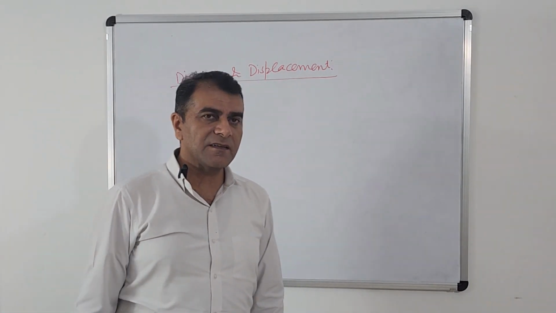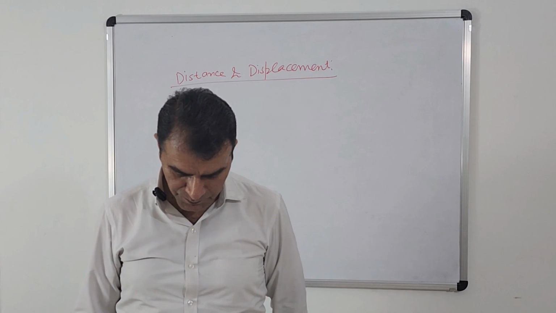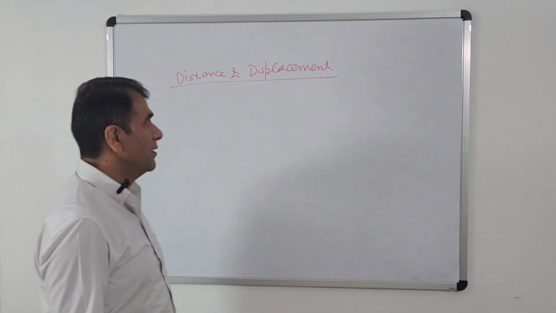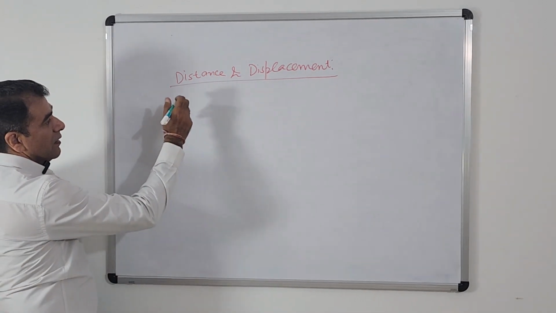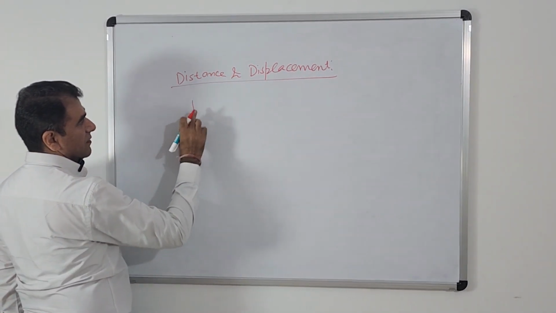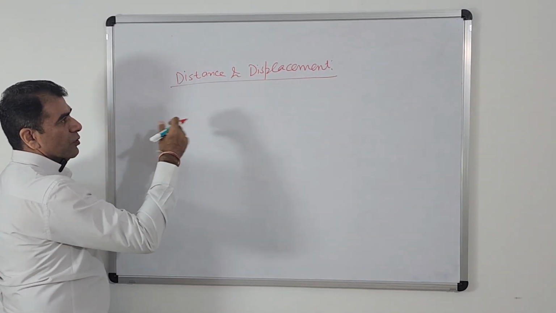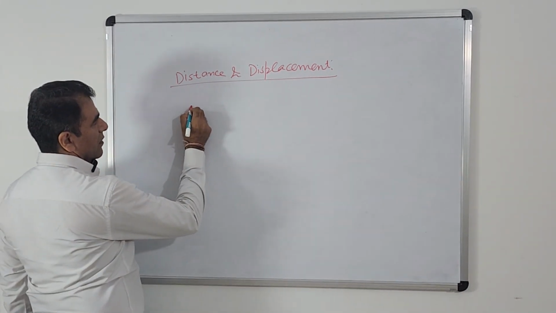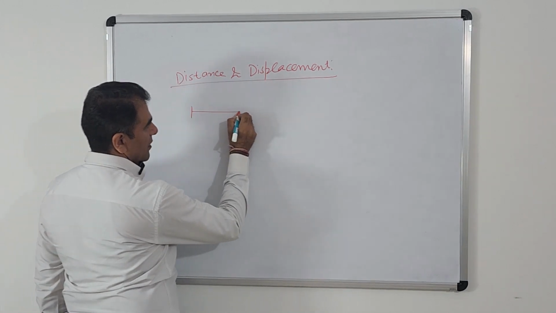Generally people say distance and displacement are same, but it is not so. Why? Let me explain. To explain distance and displacement, let us take one example. Suppose a person is standing here,